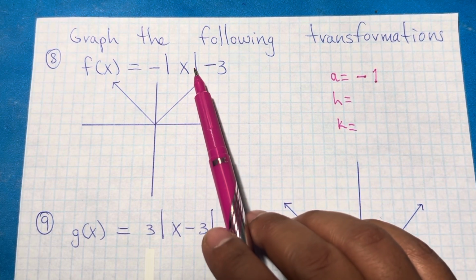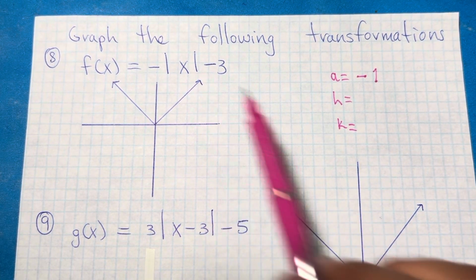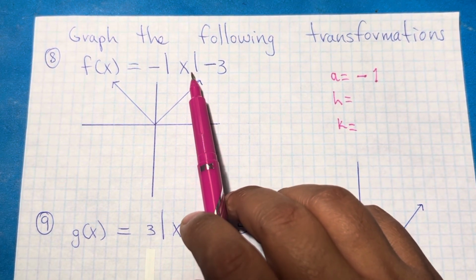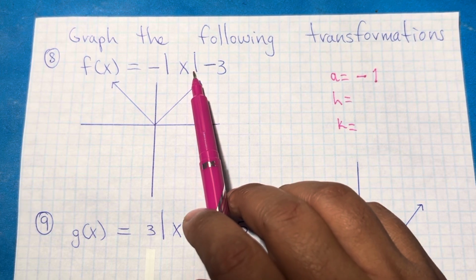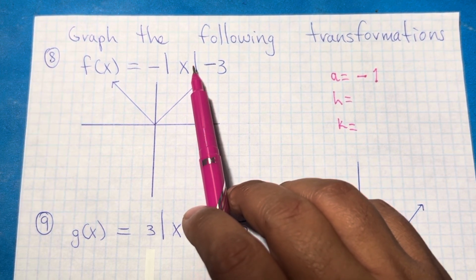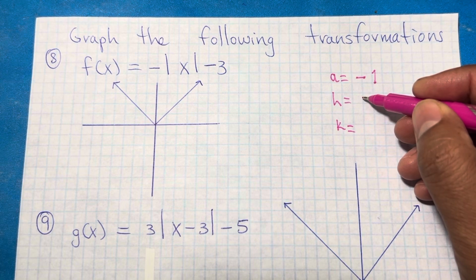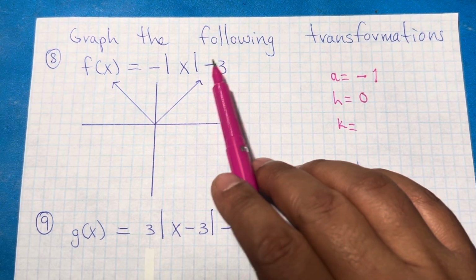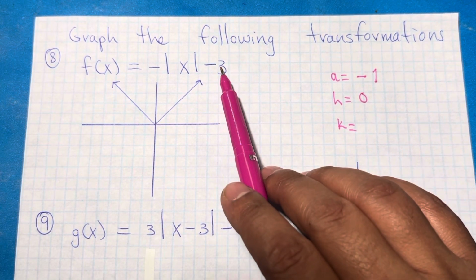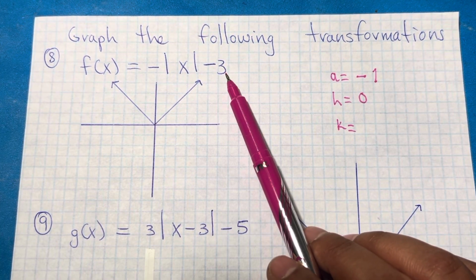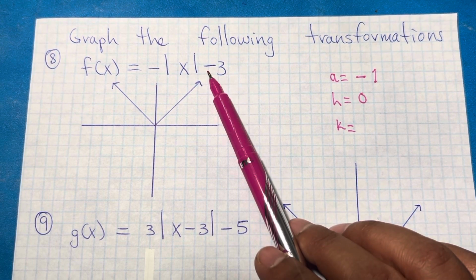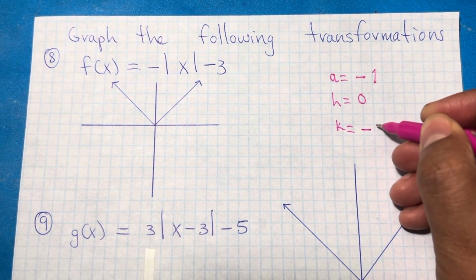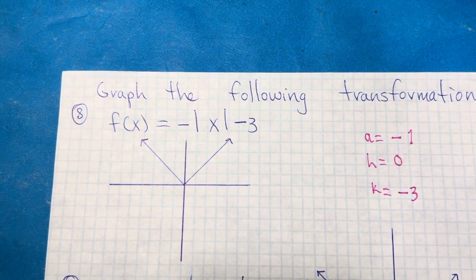H is whatever we add or subtract inside, and remember that that moves to the left or to the right on x, so it is the opposite. If we're subtracting, it goes to the positives, and if we're adding, it goes to the negatives. So in this case, we're not adding or subtracting inside. The value of h is 0. And k is whatever we have outside being added or subtracted. That's the movements on y, and that one respects the sign. If it's negative, then it goes down. If it's positive, it goes up, okay? So in this case, we have -3. Okay, so having that in mind,